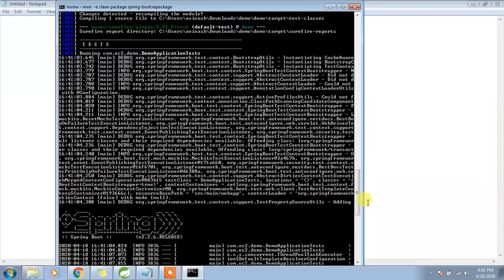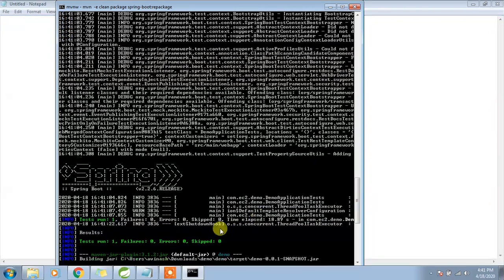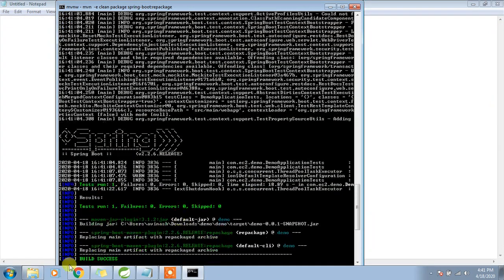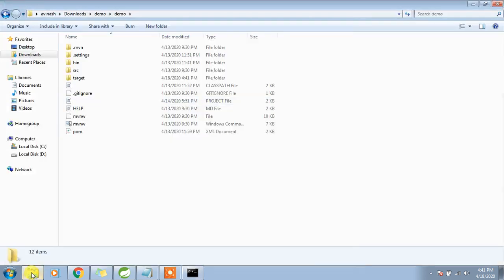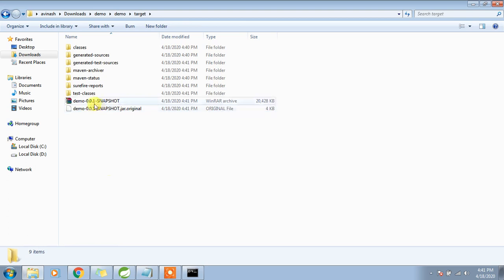Okay, now our build is also completed successfully. You can see here the jar file is generated.